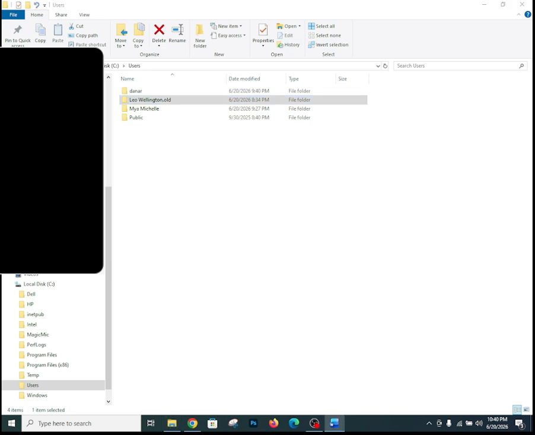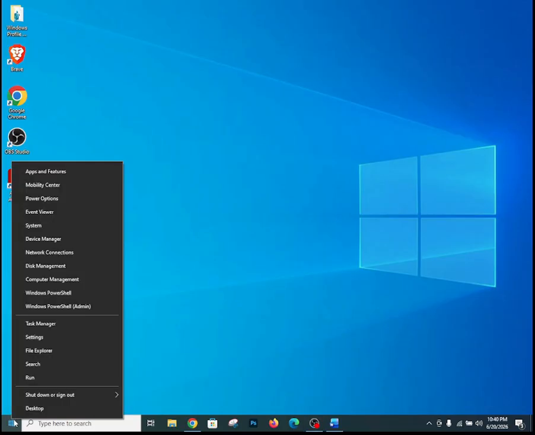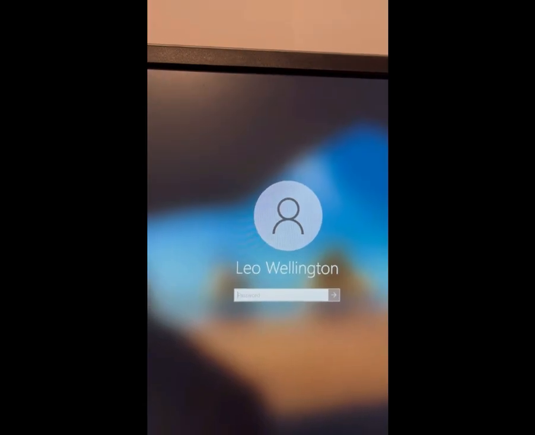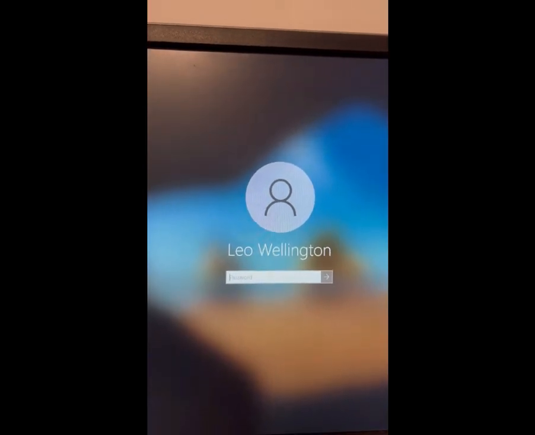So now that we've done those two things, we've changed the SID key in Regedit, and we went to the user's profile on their C drive, and we put that .old. So from here, I would recommend a restart. So let's go ahead and do a restart. Okay, so once you restart,